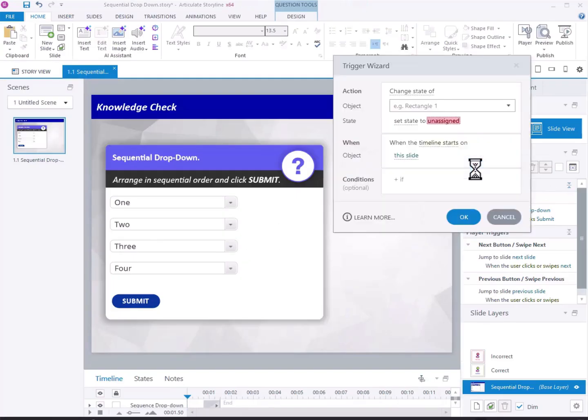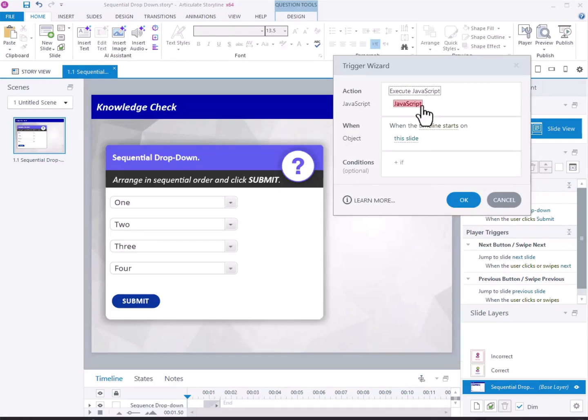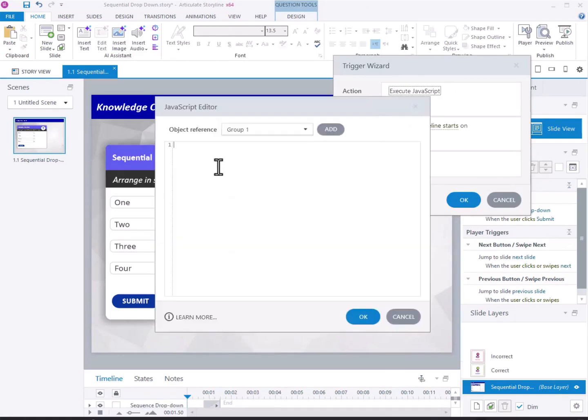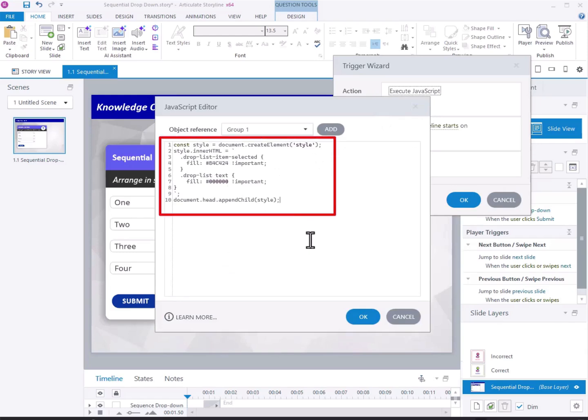Now create a new trigger that runs JavaScript when the timeline starts. In the JavaScript window, paste the code provided. This script lets you customize both the background color of the selected option and the font color in the drop-down